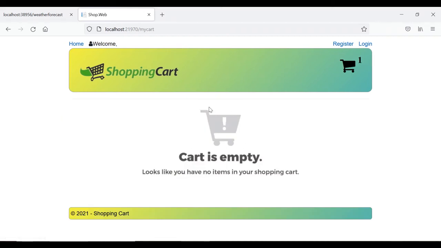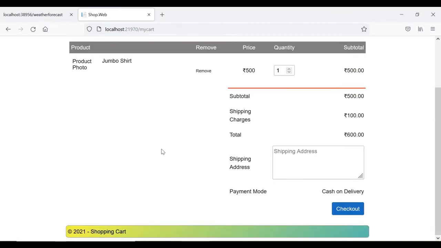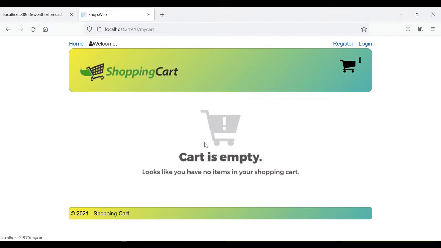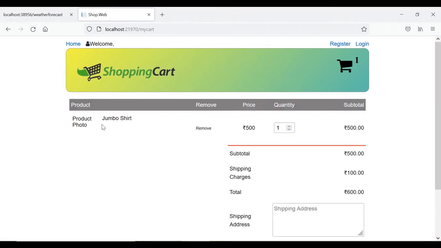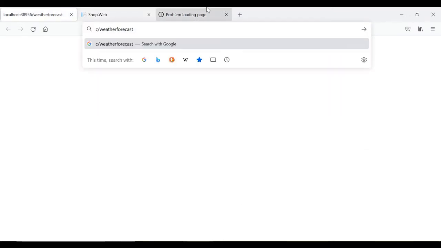Okay, so initially, when I'm navigating here for the first time, it is showing cart is empty, but if I click on it again, it shows the required details. So we'll have to debug and see why it is coming as null the first time, and on the second time it shows the details. Here you can see the design, but even the product photo is not loading. That I think is because of the URL, so we'll have to add the API URL here.